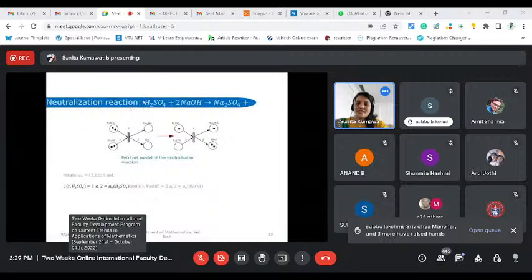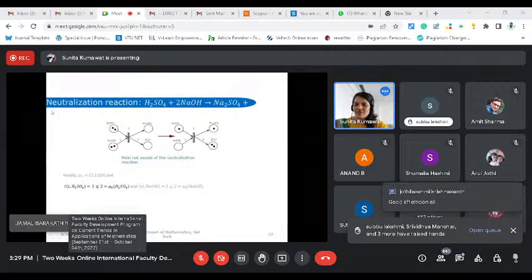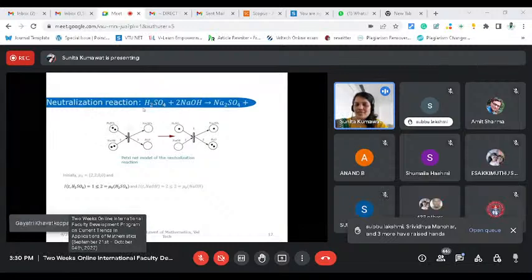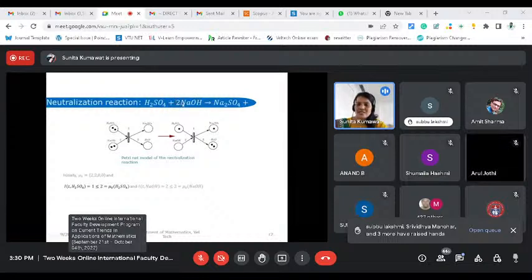So here, H2SO4, what do we have to take? For neutralization, this is the process. For this process we require H2SO4 as one input condition and NaOH as the second input condition, and the stoichiometry coefficients we can treat as arc weights. Here it is 1, so we have taken 1 as the arc weight, here again 2, and again